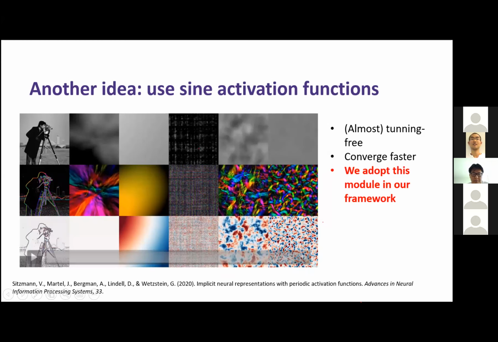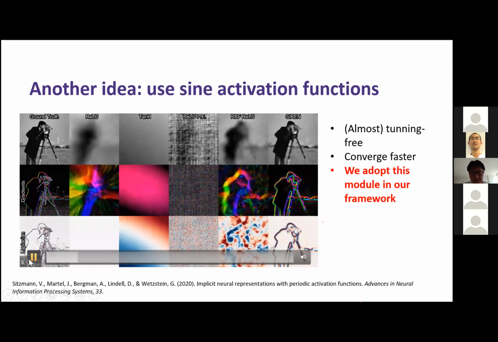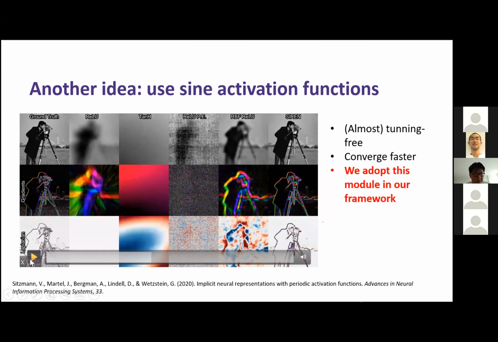This is a famous work from Stanford, I believe, called implicit neural representations with periodic activation functions. Sine activation functions have been used in the past as well, but their major contribution is a novel initialization scheme